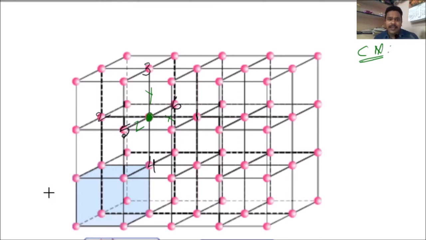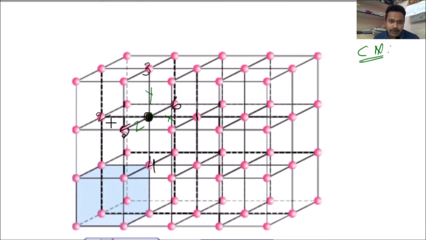Are you observing? Here in this crystal, atoms are arranged. One atom I am choosing. I want to find out the coordination number for this atom, which means I have to count the number of neighboring atoms connected to this one. Here it is arranged in a three-dimensional way, so on the x-axis, this side one atom is there, that side one atom is there, on the y-axis above one atom is there, below one atom is there, on the z-axis this side one atom is there, this side one atom is there.